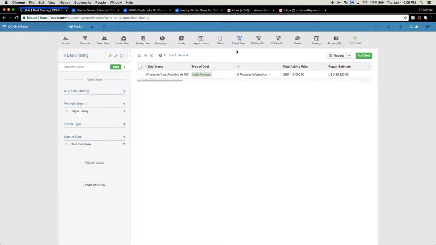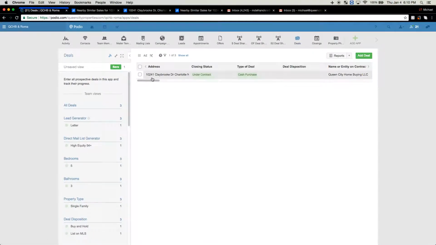Now, let's say that a buyer contacts you back and they say they're interested in the property and you get a deal with them. Well, when your offer was created, first off, it created a deal share, which you shared with your buyer, but it also created in this deals app a new deal for you. So this is exactly where you're going to go to send assignment contracts and to schedule closings. So now that you have a buyer,